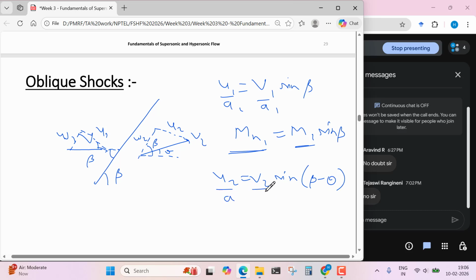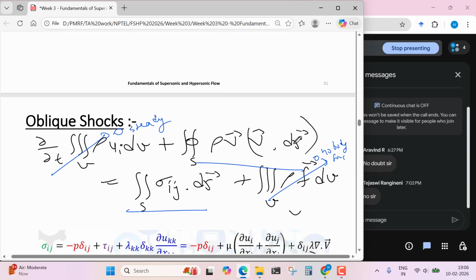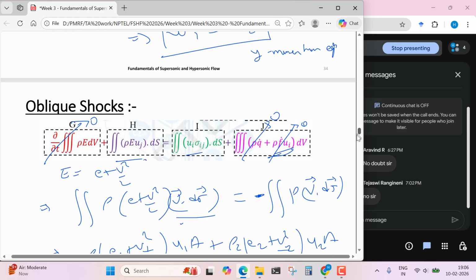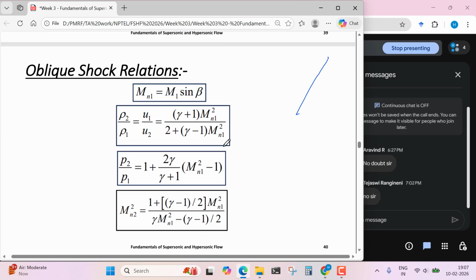If we divide it by a2, we will get Mn2 equal to M2 sin(β minus θ). These two are important relations. So for solving the oblique shock relation, first we have to find Mn1, which is equal to M1 sin β. Now if we have found Mn1, then whatever relations you have seen in normal shock,